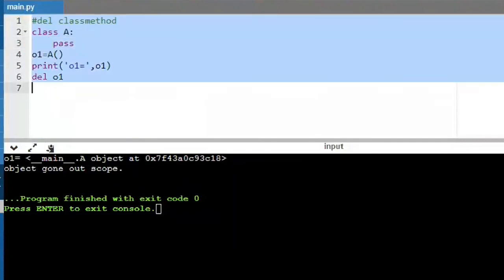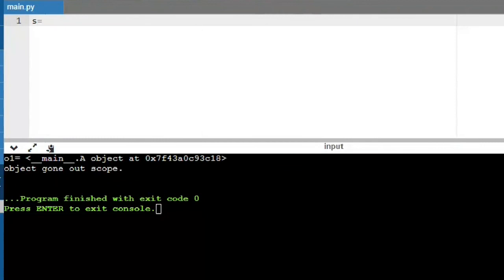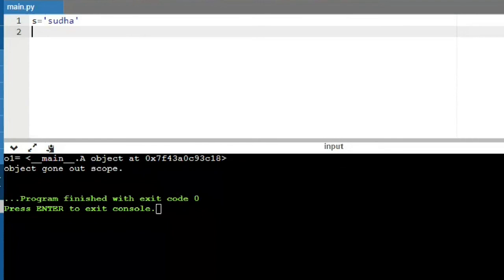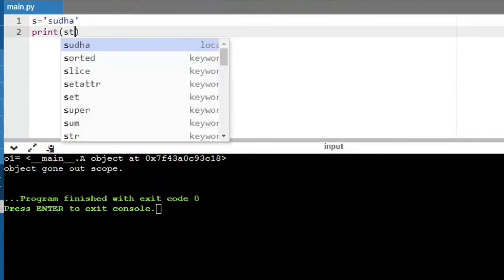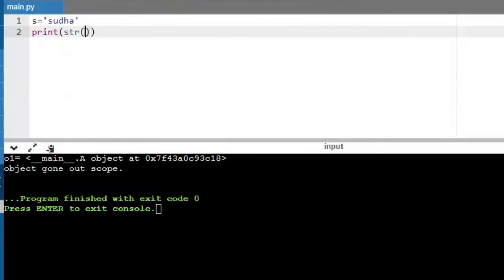Now let me show you how they work. Say for example, I'm saying s is equal to Sudha here, so s is an object. You can say Sudha is an object and s is referring to this particular object Sudha. I want to print it, so I'm saying print, and I want to print the string format of s.